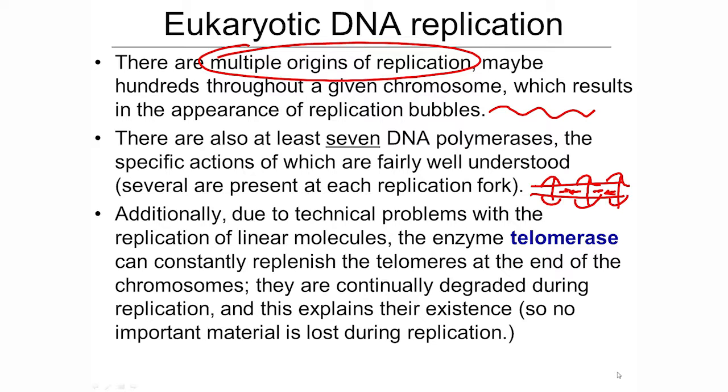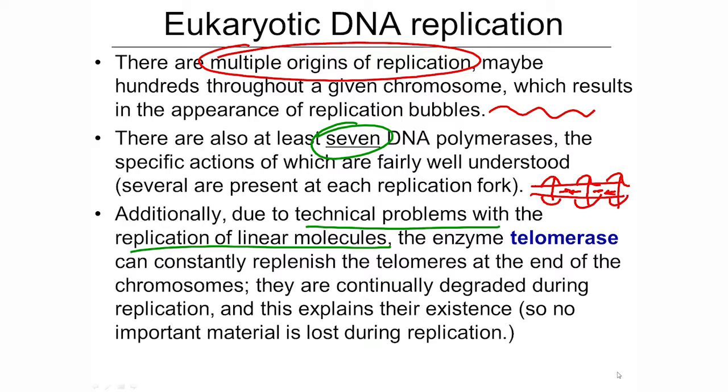I'm sorry to keep saying this, but I really don't know if you're going to need to know. There are at least 7 DNA polymerases in eukaryotes. Several are present at each replication fork, and I don't think that we have the time, and you may not need to know going into all of them right now. But here's another problem. Technical issues with the fact that eukaryotic chromosomes are linear. They're not circular, right? Why should that matter? Well, we're going to find out, but